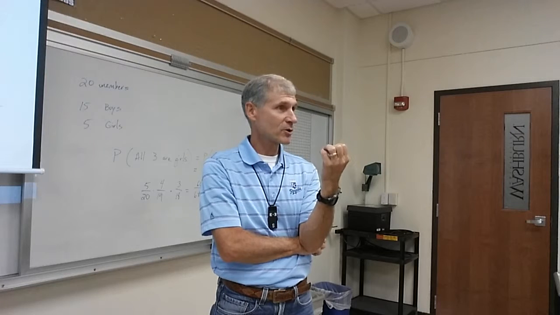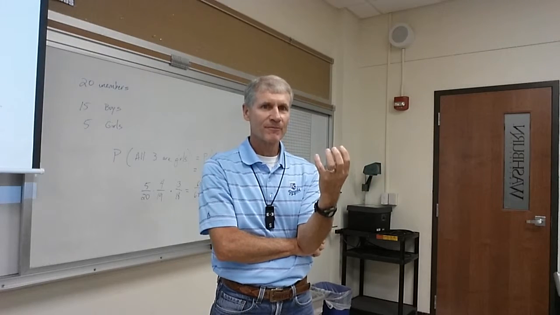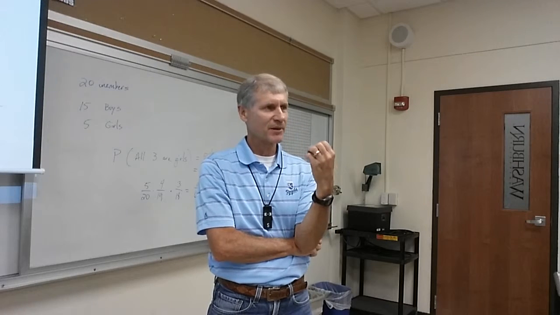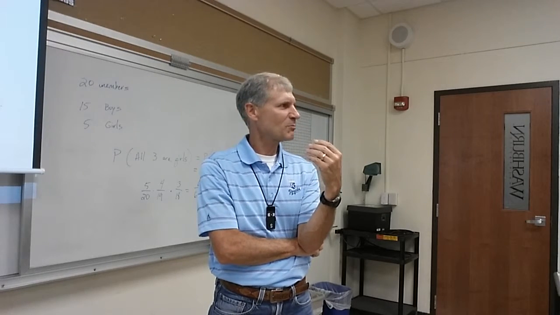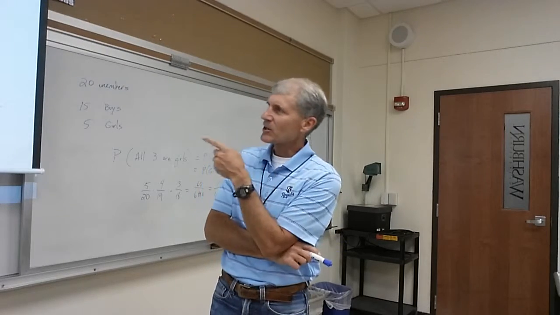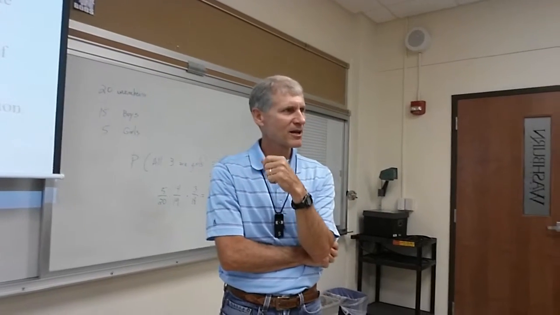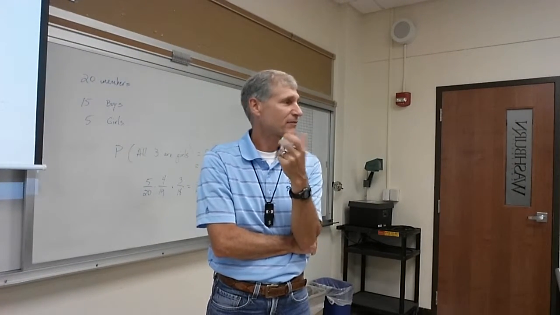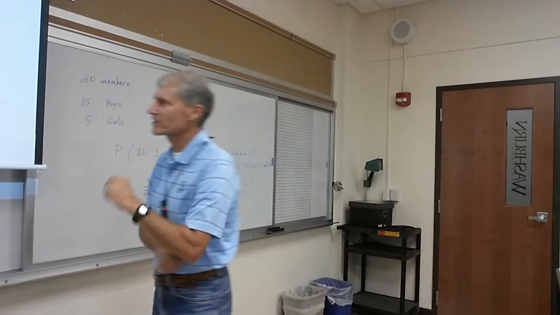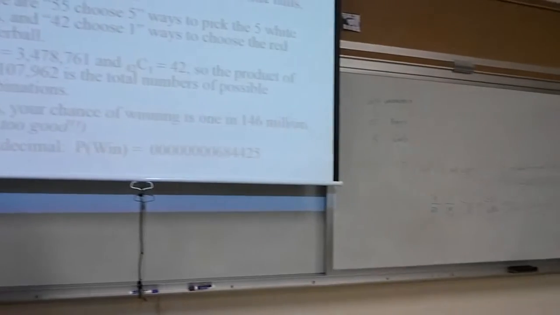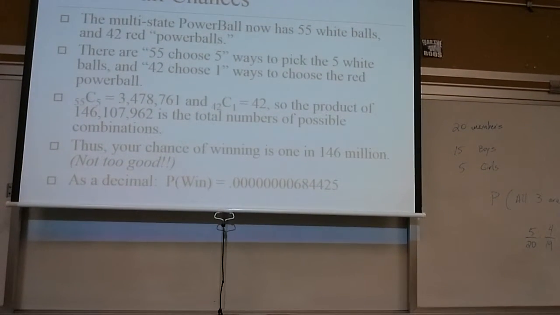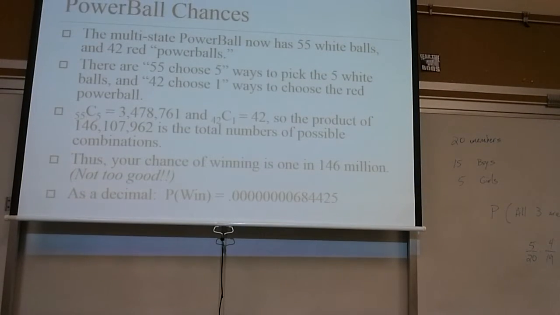So, the point I want to make with this is sometimes our minds have trouble conceptualizing numbers that are either really big or really small. If I talk about 100 things, we can visualize that. If I talk about 1,000, okay. Once you get to 1,000,000, it's hard for our brain to process that, right? So, how likely do you think it is to win the Powerball lottery? Not very good. But how good is not very good, right? So here's an illustration. Sometimes it works if you can put it into some kind of a framework that helps your brain process the size of the number, then it becomes more obvious.